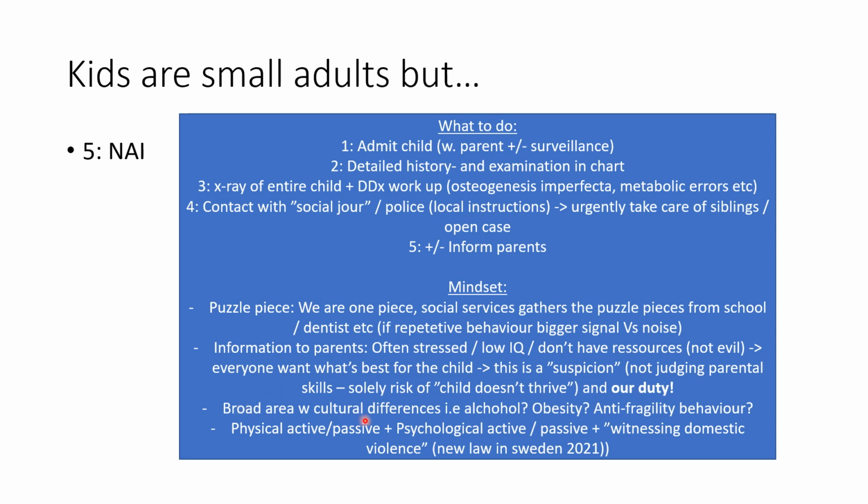We talked about there might be gray areas. Some might think of alcohol, obesity, and so on, or what you would call anti-fragility behavior, like parents just leaving their kids on the playground, and some might say, oh, that's dangerous. But if you read Jonathan Haidt on anti-fragility, and I think the book is called